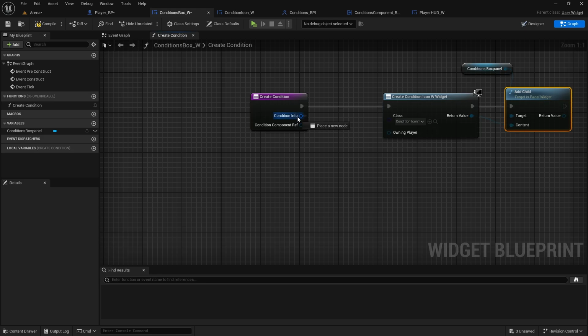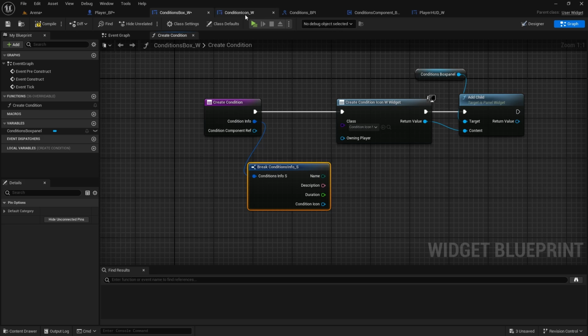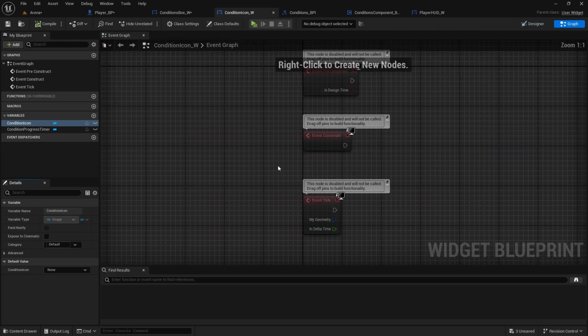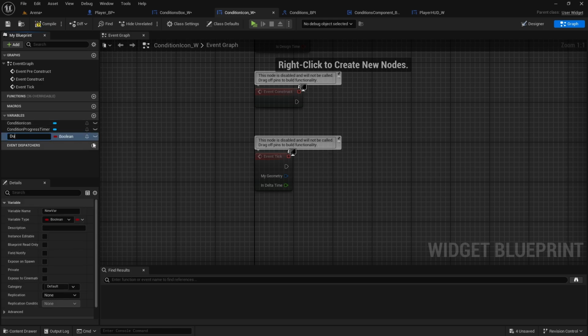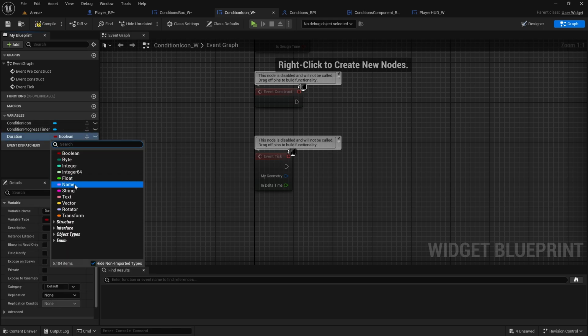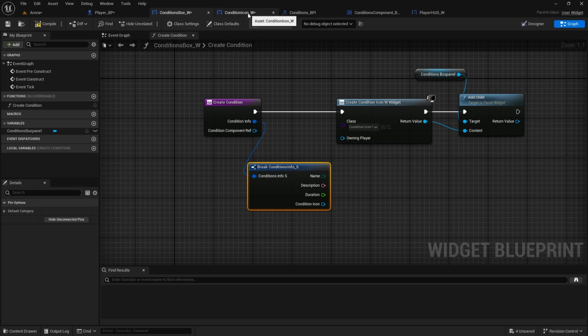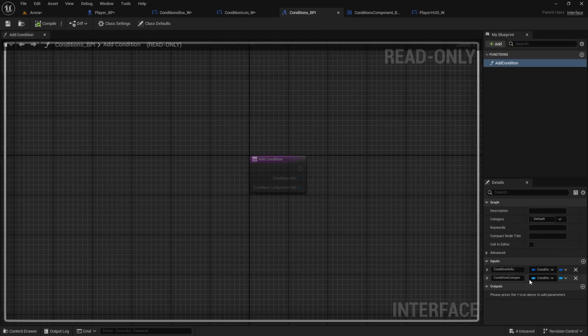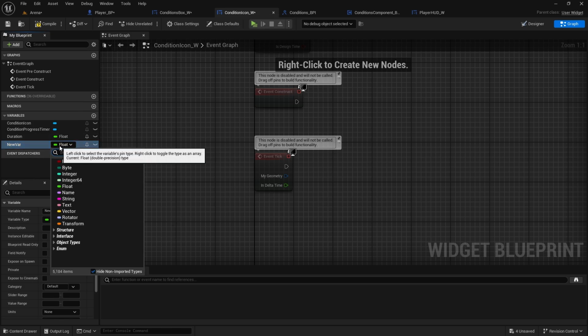Okay, we will break this open, but we can't pass it to the widget directly, so first we need to go to our condition icon, and here we'll need a couple of the variables again. So we don't want to pass the whole struct because we had problems with that before, so instead we're just going to get a duration, which will be float. We're going to get that condition reference. Instead of creating it, just get it where we can get it from, conditions BPI. Screw it, let's just go back to icon, create the condition